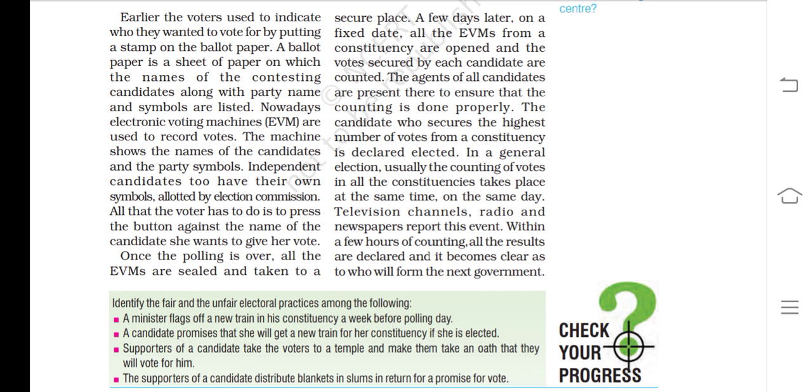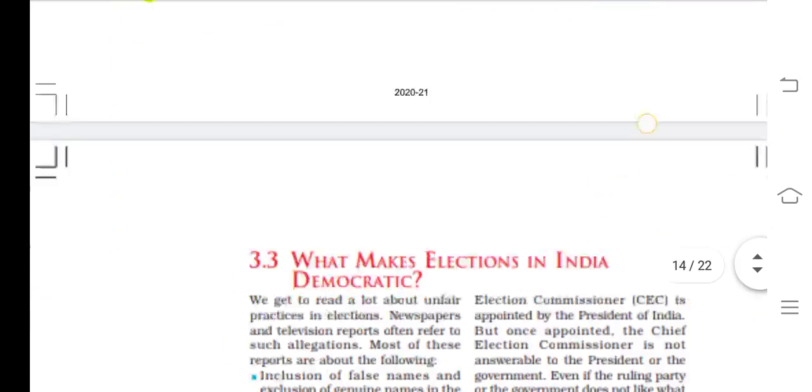Okay, so as the votes are counted, the higher number of votes will choose the right candidate. And you can see it on television channels, listen to it on radios, and see it in newspapers. The description of this event is given and you know who will form the government or who is chosen to be the representative.